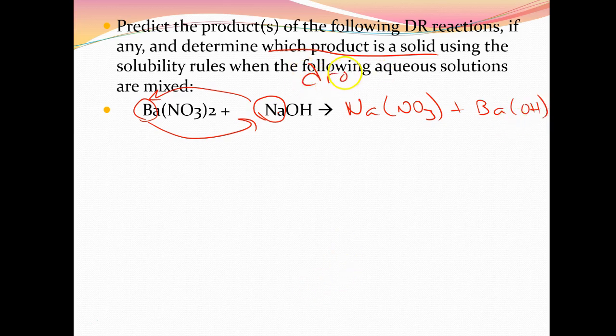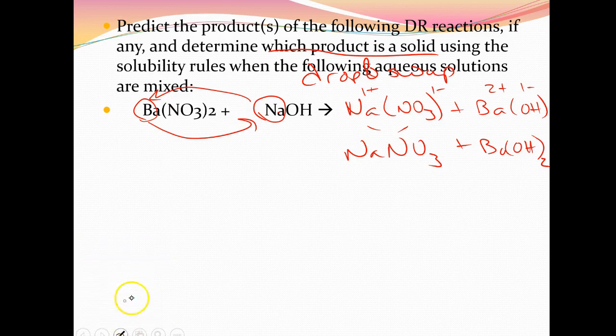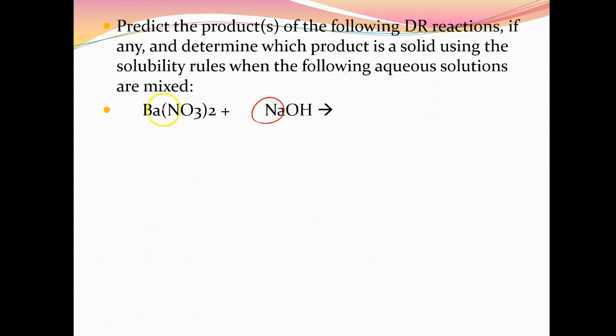but you must drop and swap. So if you look up the charge on Na, it's a +1, and you look up the charge on NO3, it's -1. So when I drop and swap, I get NaNO3. And here, barium is +2, according to the periodic table. Hydroxide is -1. When I drop and swap, I get Ba(OH)2. So I'm going to erase the ink on here so y'all can see how this works. So the idea is the Na and the Ba trade, and I came up with the formulas, NaNO3 and